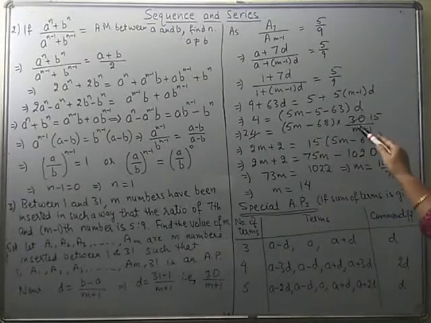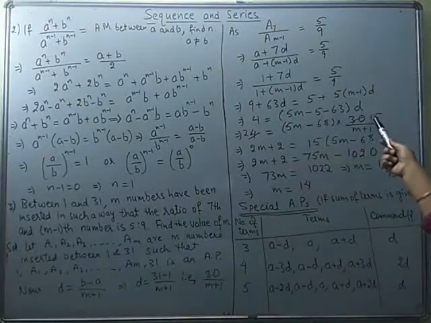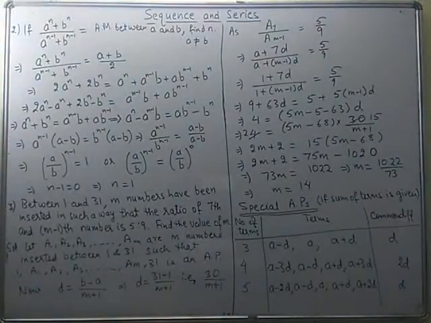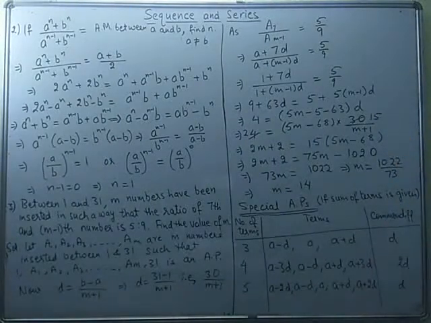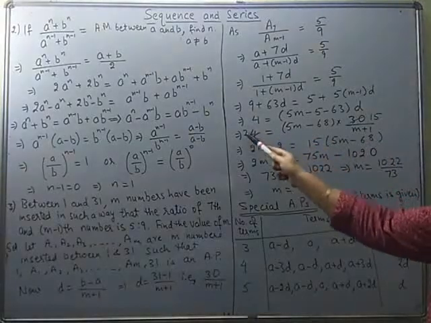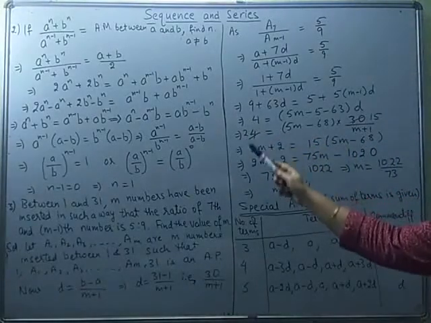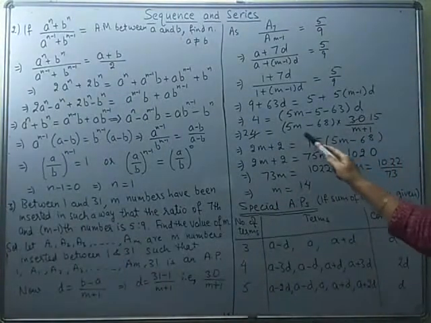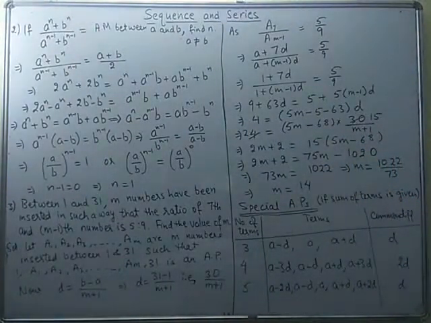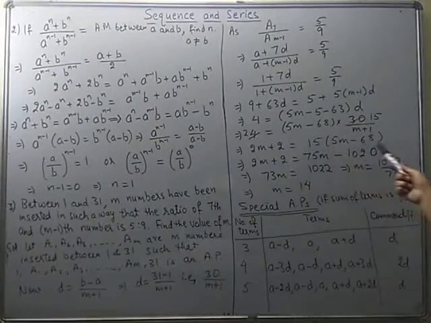And putting the value of d, which is 30 over (m plus 1). You can see on both the sides 2 is a common factor. We can cancel out this common factor on both the sides. So here I am only left with 2 and this will be 15. Now again go for cross multiplication. You can cross multiply (m plus 1); it multiplies with 2 and we get 2m plus 2. And on the right side it is 15 into (5m minus 68). So you expand it and then go for calculation of m.